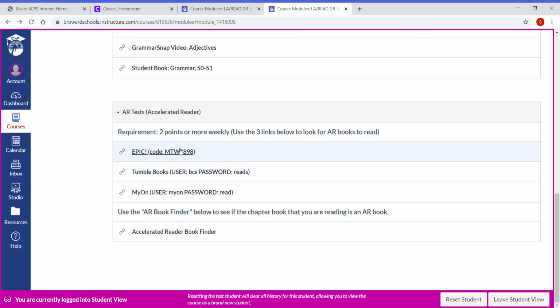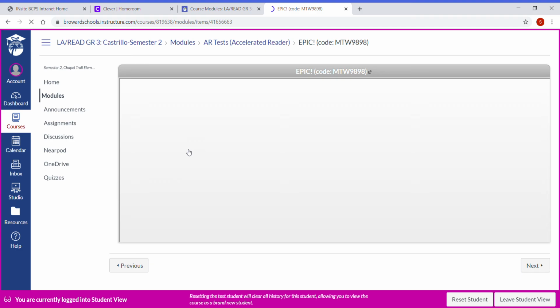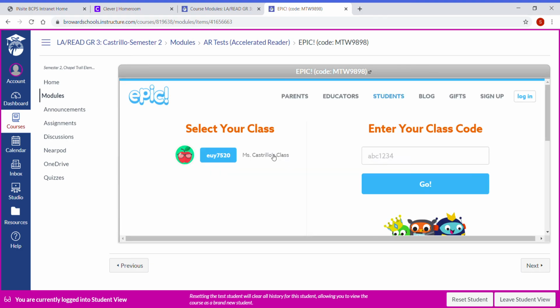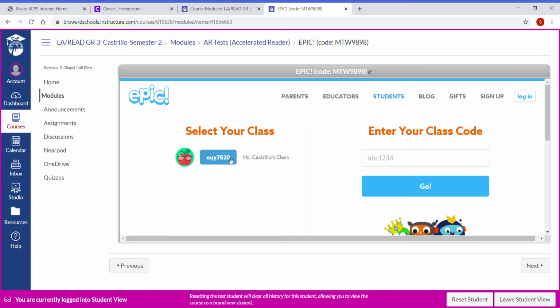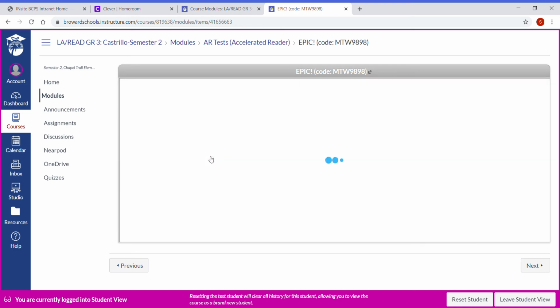Another one, a newer one that I have added, is Epic. Epic is a really good one. It is another online database of books for the students. So this is our class code right here. I have to change it up here, but this is our actual class code. I will be changing this. So once your child logs on,